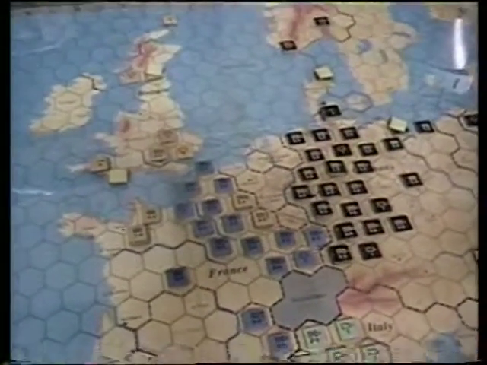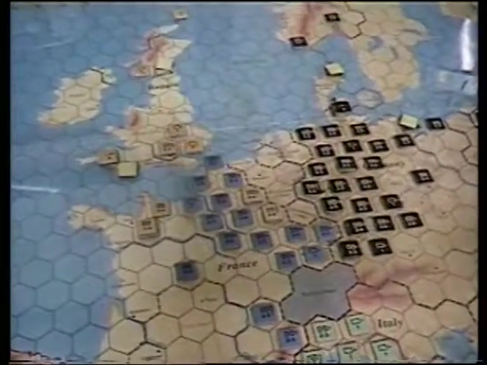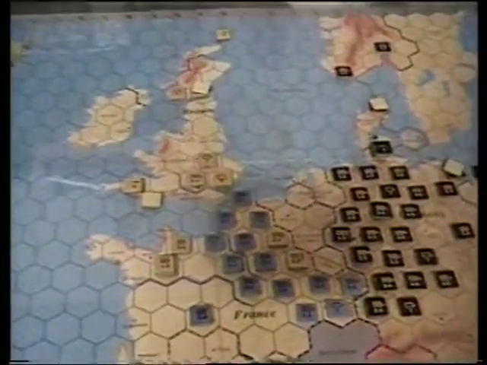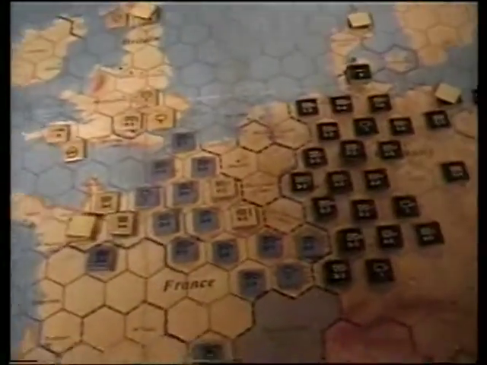And little side notes, when we start 1940, we want to help ourselves on the Vichy France table and the French surrender table. So the British are just going to shore up some stuff. I'll show you what I did. I'll go ahead and take their turn, and I'll show you. So the British